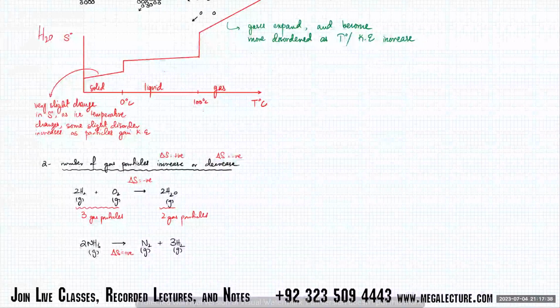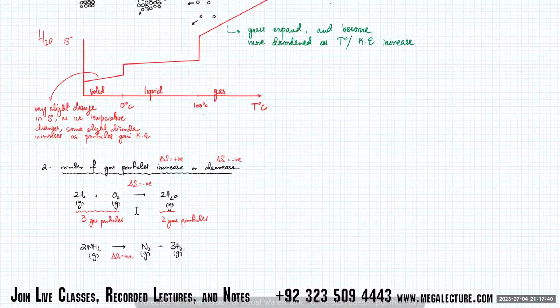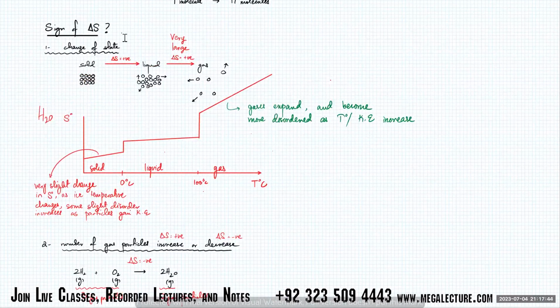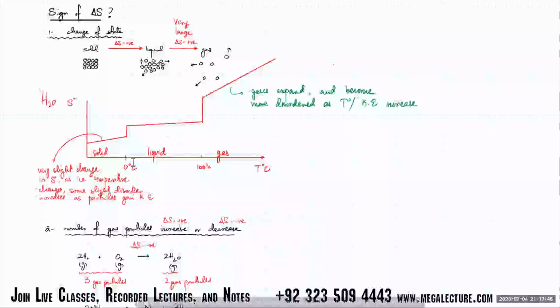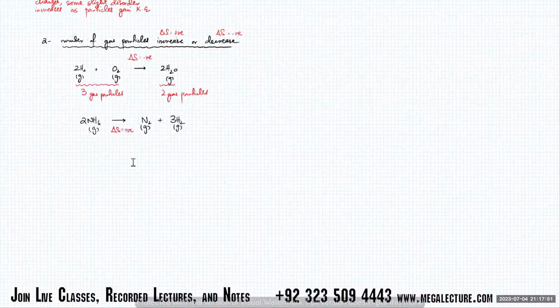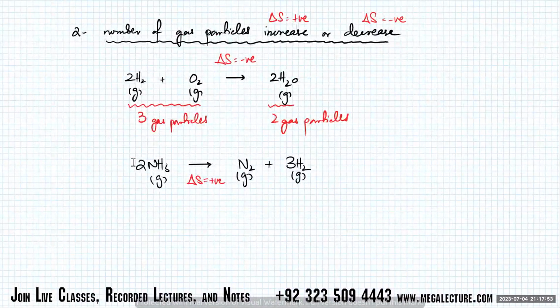So bas, so we'll leave this at this point. Complete kar lete hain isko. The third one is that. Let's move to the third one. How to predict the sign of delta S. So the third one is that if your